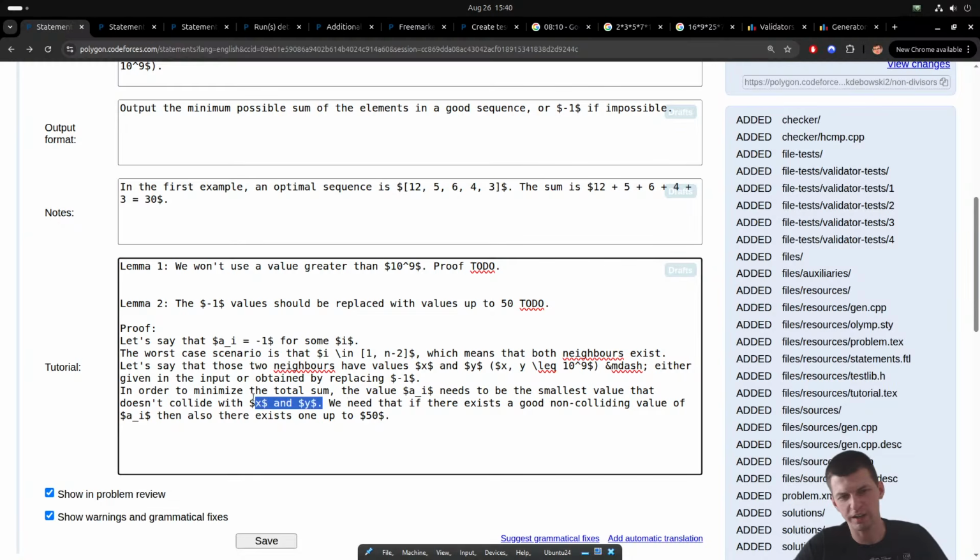If x or y are equal to exactly 1, then it's impossible anyway. Okay, so now we need to claim that